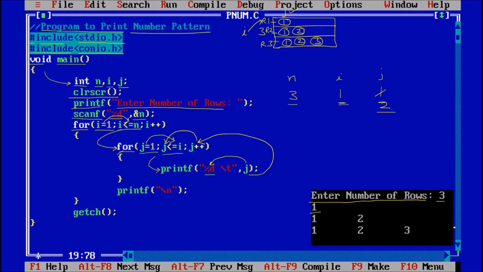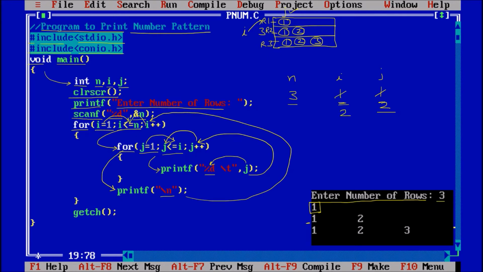It will not come inside, it will come outside. printf \n, so a new line, it will come to the next line. Again going back, i++. So when the value of i was 1, j has already worked. Now the value of i is 2.